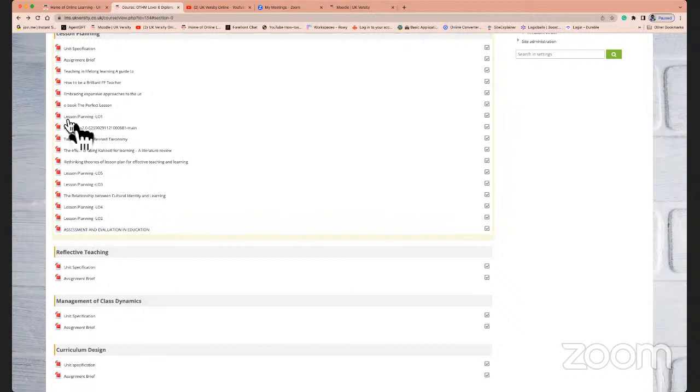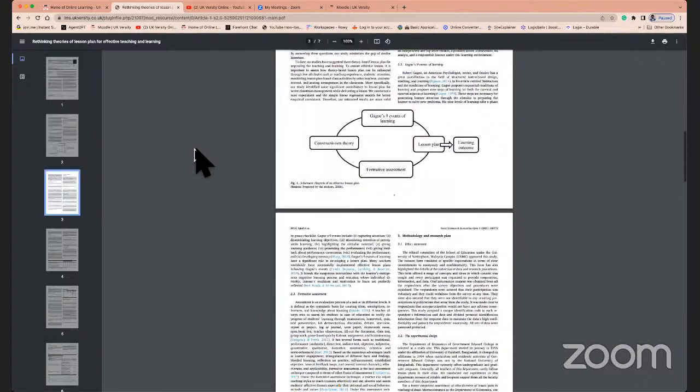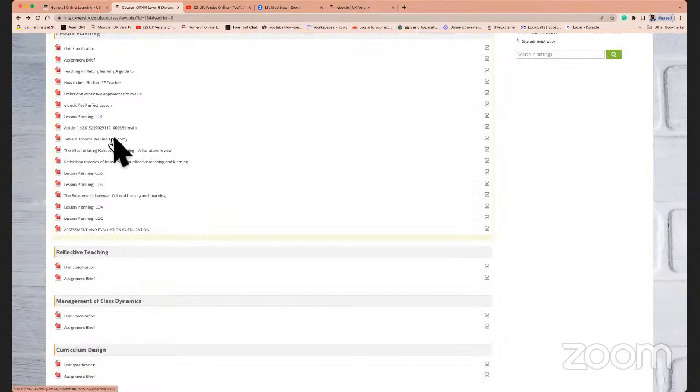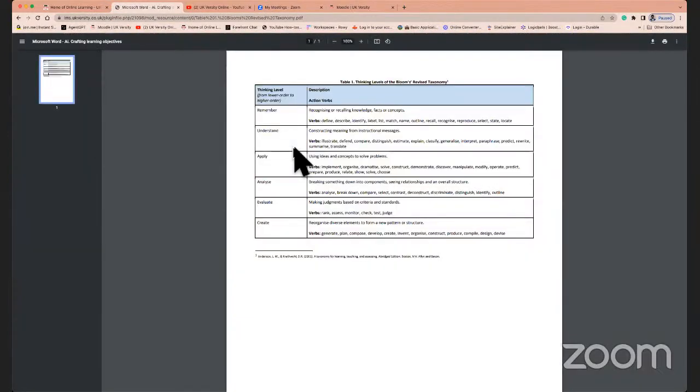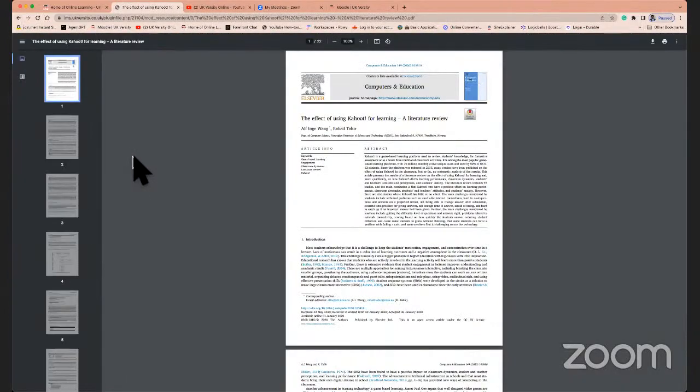Now, sometimes it's difficult for us to cover everything in the presentation. So what we will do is make sure that you have enough material to be able to read that particular learning outcome. In some cases, you will have articles which will come from journals. And in some cases, it'll be small extracts of summarized content, which will be useful to get a good summary of what is required in terms of understanding that particular learning outcome.